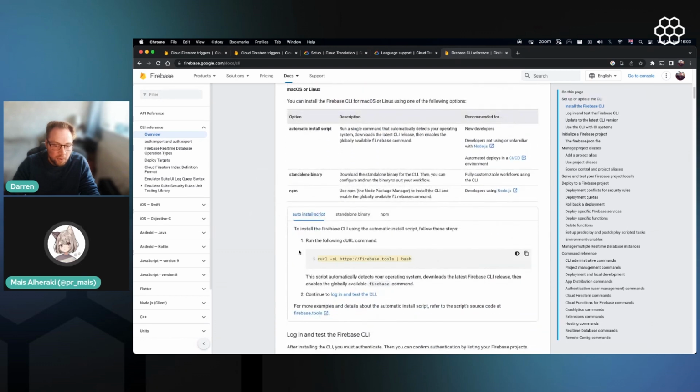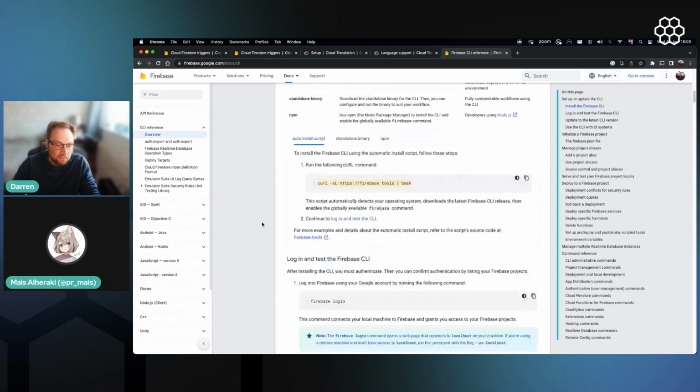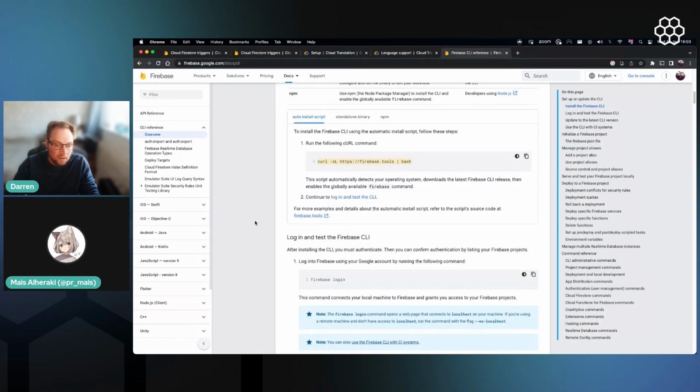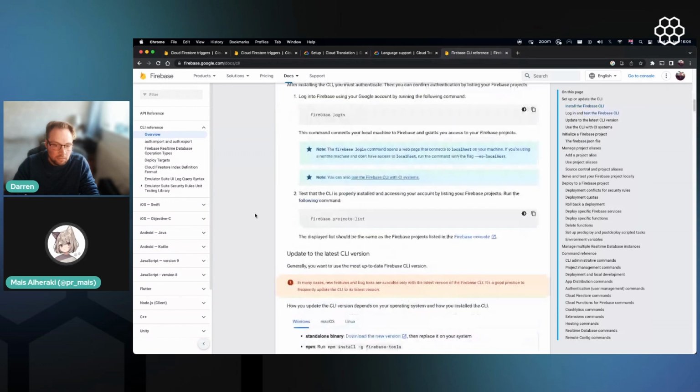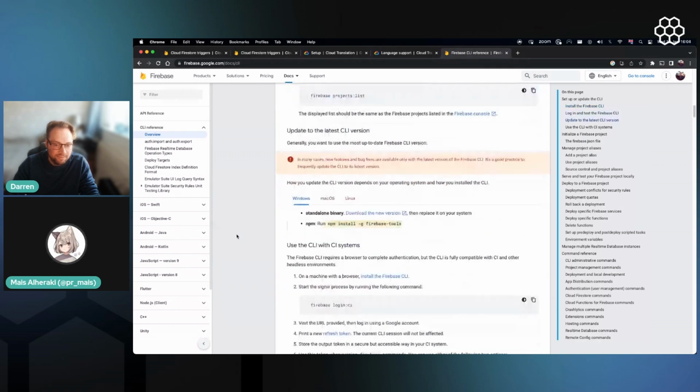And yeah, I think the easiest way is to use npm directly. It's available on Windows, it's available on macOS. So just npm install firebase-tools, and that's it. Yeah, it's installed globally so it's available from anywhere. Yeah. So once you've got that set up,